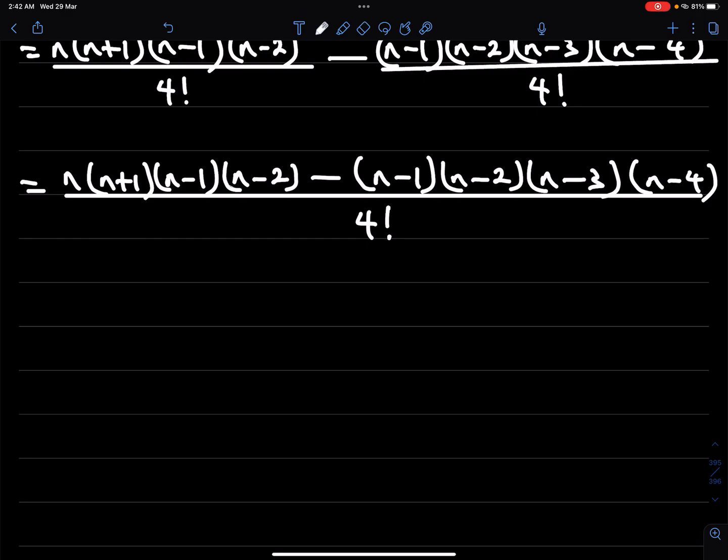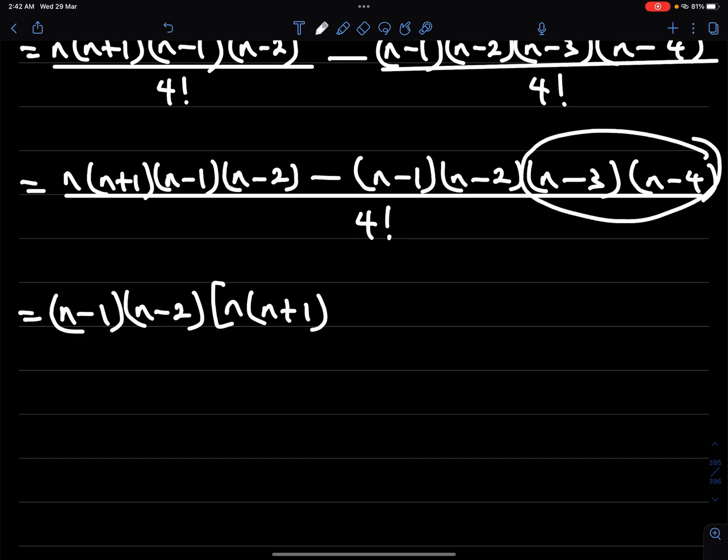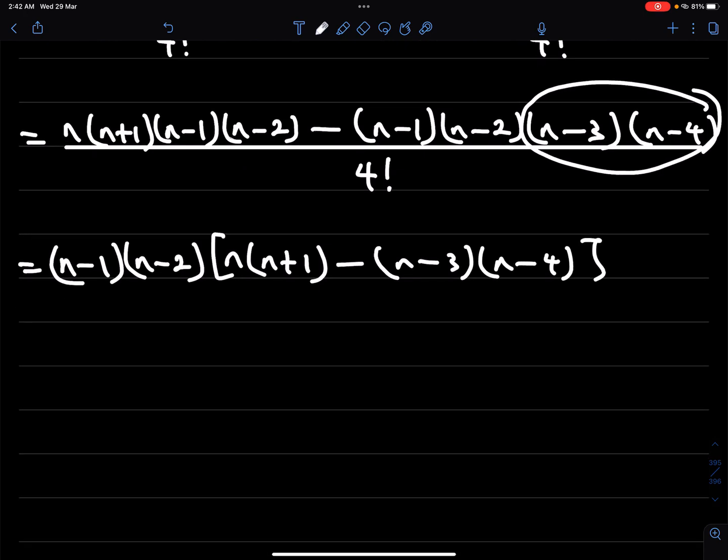So that's what I'm going to factor out of the numerator. That's n minus 1 times n minus 2 into bracket. Here I'll be left with n times n plus 1, and here I'll be left with n minus 3 times n minus 4. That's minus n minus 3 times n minus 4, all over